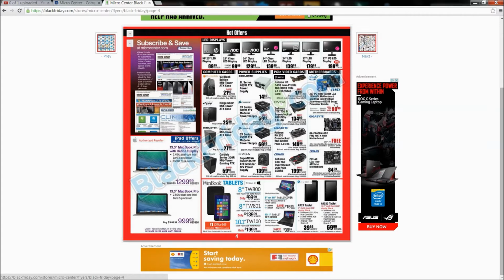Like, that is a ridiculous deal right there. I'm not sure if these are things that are on sale right now. I'm pretty sure these are things that you're actually going to have to wait till Friday for. But honestly, if you're going to check out only one place on the internet, I feel like Microcenter should be that place,